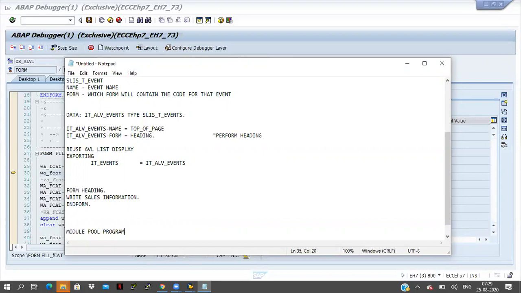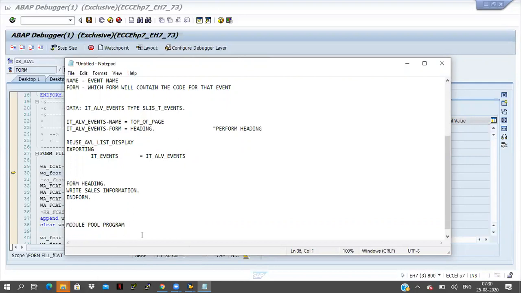So if you want to understand module pool programming, then you have to know about debugging. Without debugging, you cannot understand module pool programming. When we have to click on F5, when we have to click on F6, F7, F8, and how to clear the data, and how can I re-execute the code, and how can I skip the code? These are things you have to get to know, otherwise you cannot understand the debugging. So it will take some time to go to module pool programming. So in this time, you have to.